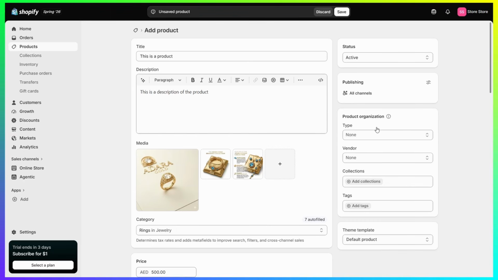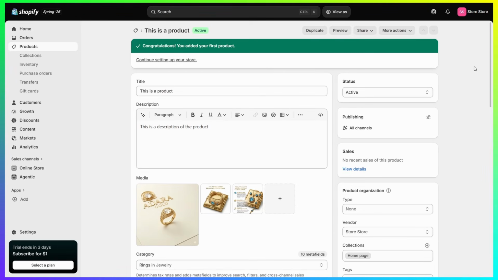Some other stuff here on the right side, you can add some tags and stuff, but we are pretty much done, so I'm not going to waste a lot of time. Click on save, and now you have a product ready to go. Now, one last thing before we jump into the actual site editor, we can click on settings on the top